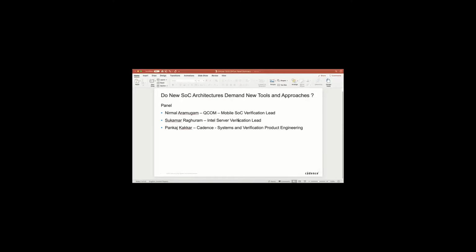Nimal is a DV lead for Qualcomm on mobile SoCs. Sukumar is a DV lead for Intel servers. So two very different markets, two very different domains of SoC. Pankaj Kakkar also joined, who runs an SoC solutions group inside Cadence. He basically builds reference designs to test our tools.